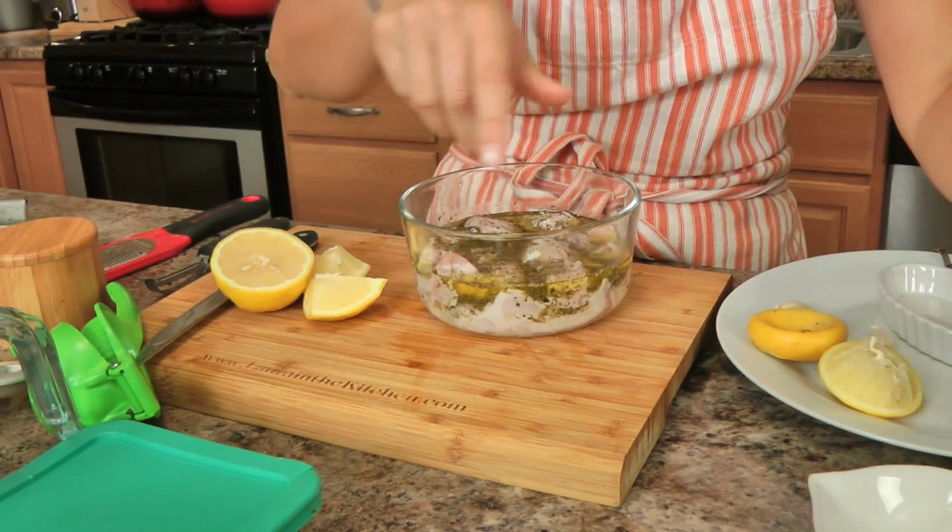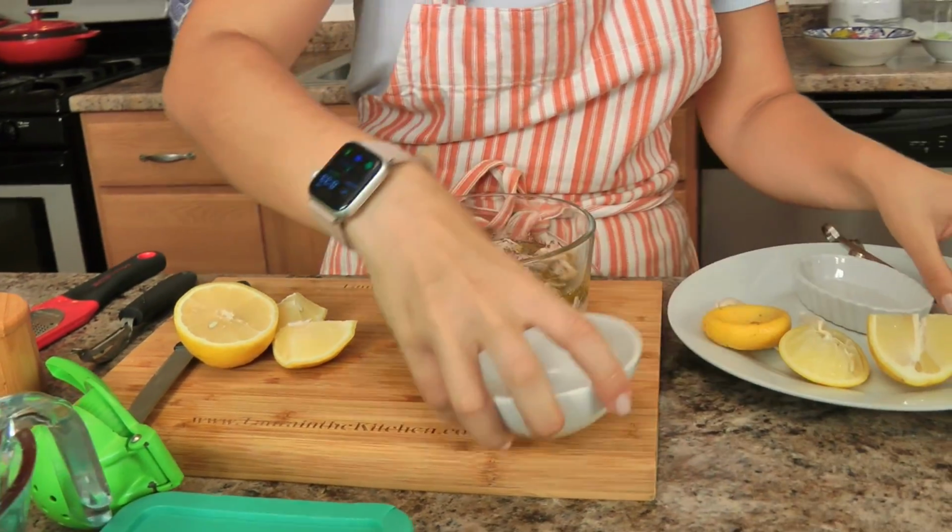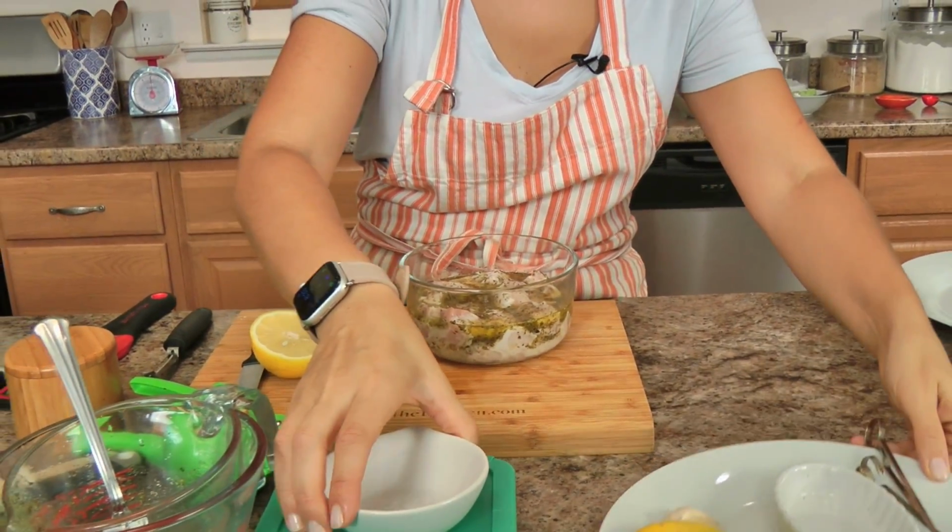You guys know if you're using bamboo skewers, you're gonna have to soak them for several hours so they don't burn on your grill. I'm gonna make these on the indoor grill today instead of the outdoor grill, but the outdoor grill works even better. And literally all you do is I skewer